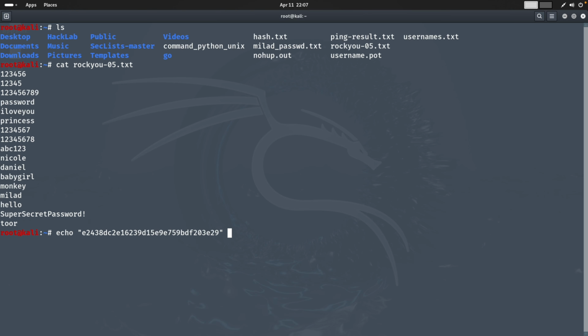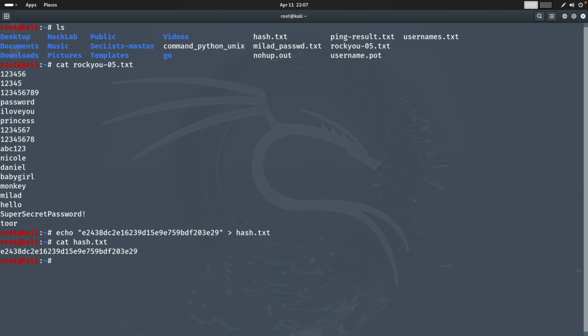I'm not gonna append it. I just gonna rewrite the whole hash.txt. So that's why I just use one greater sign. Yeah, greater sign. Over here txt, and if I cat my hash.txt, as you can see, we've successfully assigned the new hash